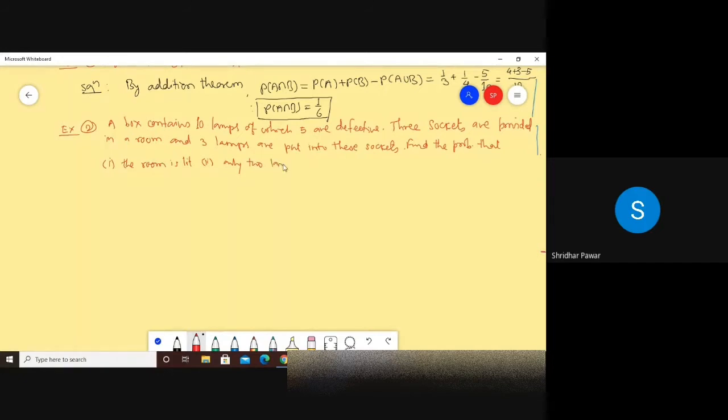2 lamps, म्हणजे दोघांचाच उजेड पडेल. Okay,